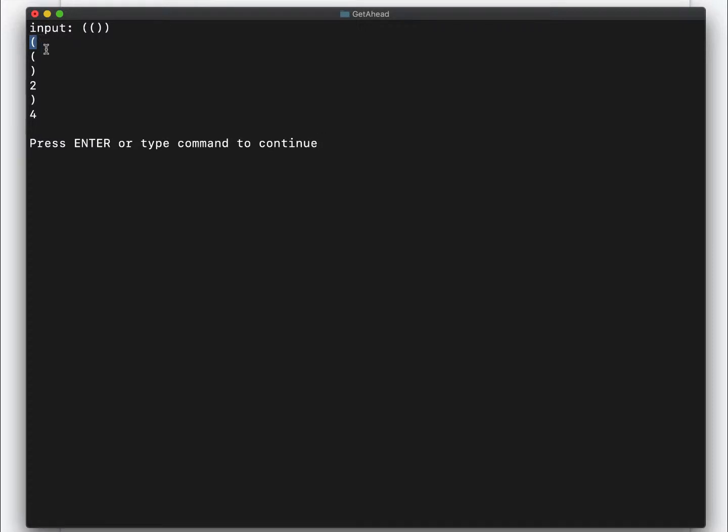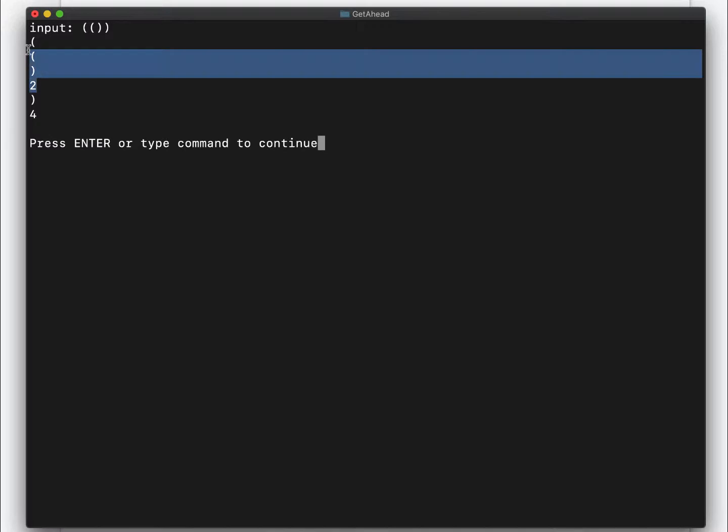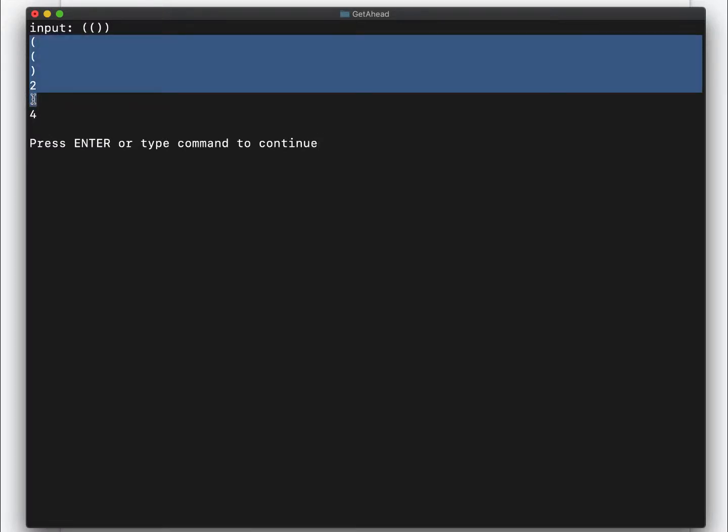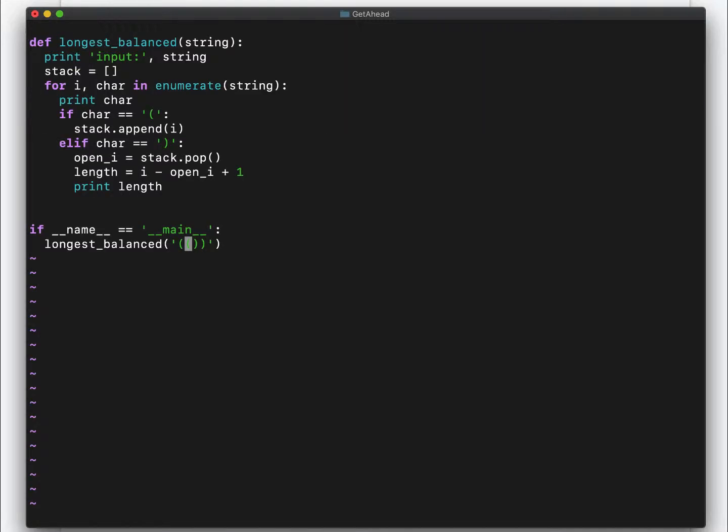we're pushing the first open on the stack, pushing the second open on the stack. Then we're popping this one from the stack, right? That's this one, and we get a matching pair of length 2. And then we're popping this other one off, gets a matching pair of length 4. Nice. So now we're asked for the longest pair, so we just kind of keep track of